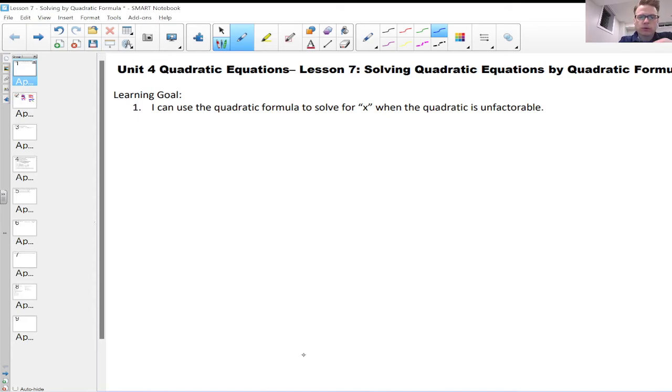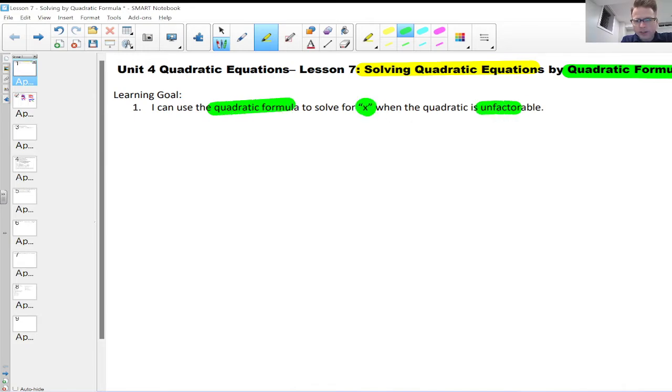Welcome to Unit 4, Lesson 7, solving a quadratic equation by what we call the quadratic formula. We can use the quadratic formula to solve for an unknown variable when something is unfactorable. So sometimes equations are not factorable, and we can solve using the quadratic formula. Also, this x can be any unknown variable. I just use x here, but any unknown